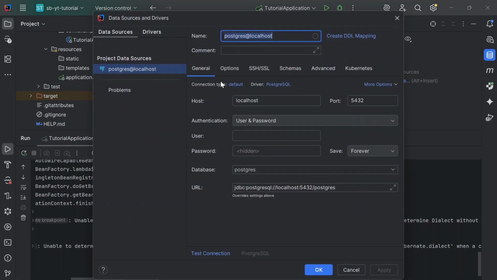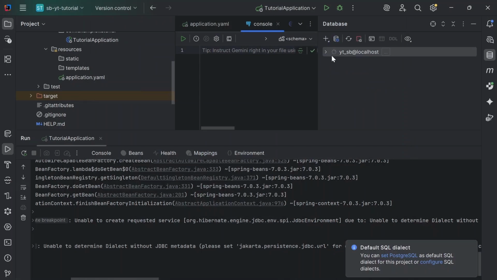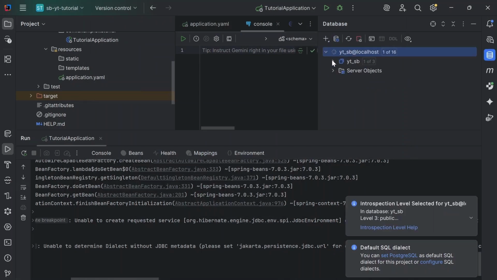So I'm going to data sources and Postgres, and then I'm going to write the username and password, and then YTSB, and then it gives you this connection, right? You can just copy this and then paste it in the actual application.yaml file, right? So look at this, now it's connected, and there we go. Basically I have connected to the database that I created, and if I run this application,